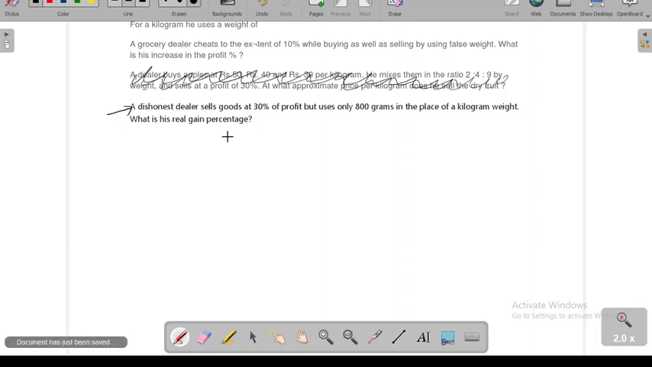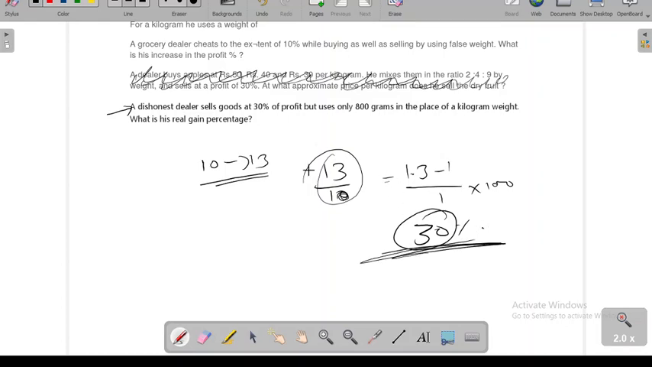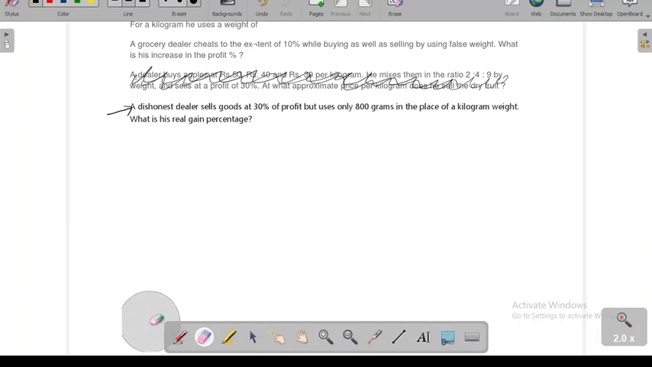A dishonest dealer sells the goods at 30% profit. Okay, 30% profit means the goods worth 10 he is selling at 13. So that is 13 by 10. Even if you see from here, we are getting 1.3 minus 1 by 1 into 100, we are getting 30%. So with practice you would get a better understanding of these things and you would do it very fast. So after a lot of practice you would write 30% as 13 by 10 directly, because it's a profit situation,